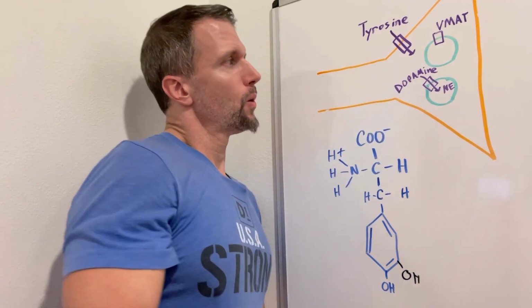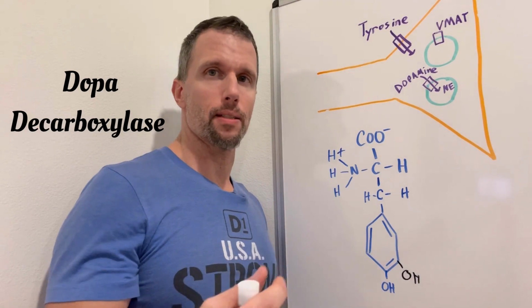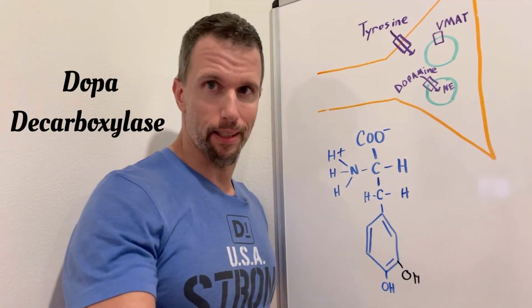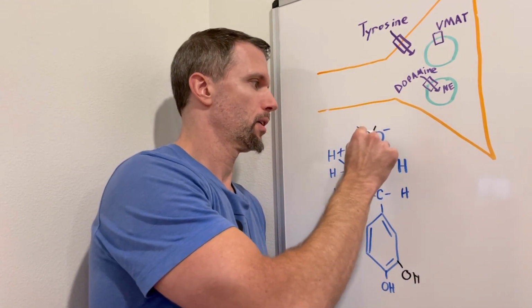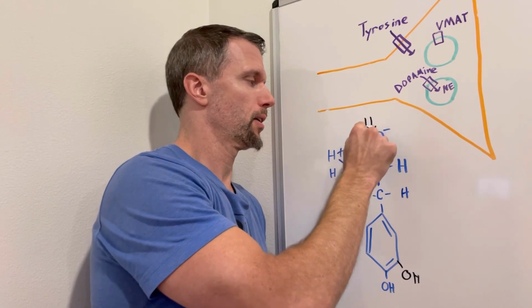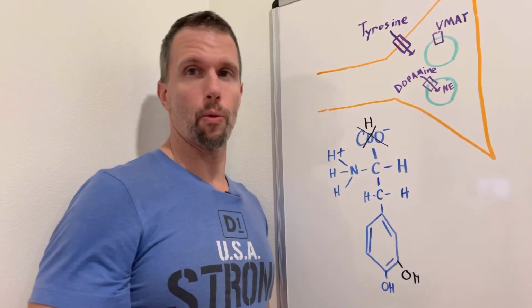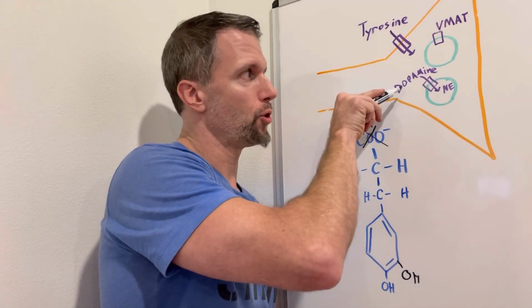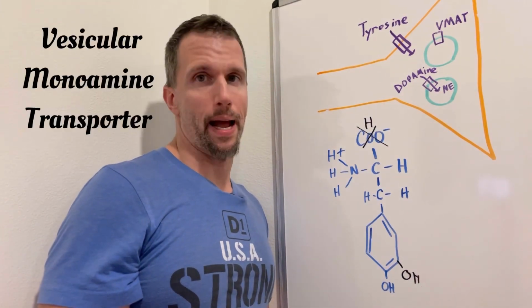And then we have another enzyme called dopa decarboxylase. And what dopa decarboxylase does is it decarboxylates. It takes the carboxyl group off here and just puts a hydrogen there. So now this molecule is dopamine, and that's the one that it'll actually move into the vesicle through a VMAT,